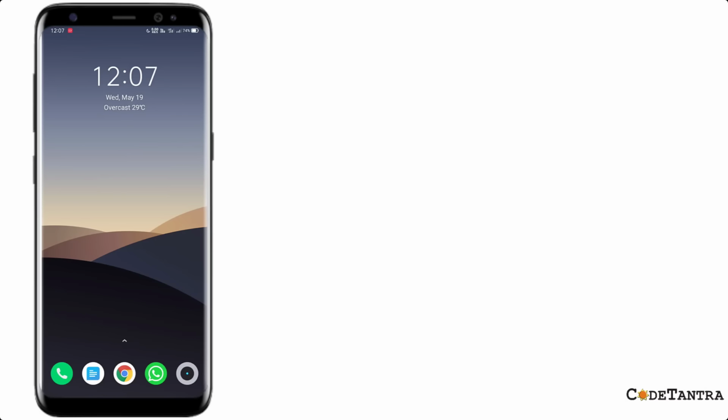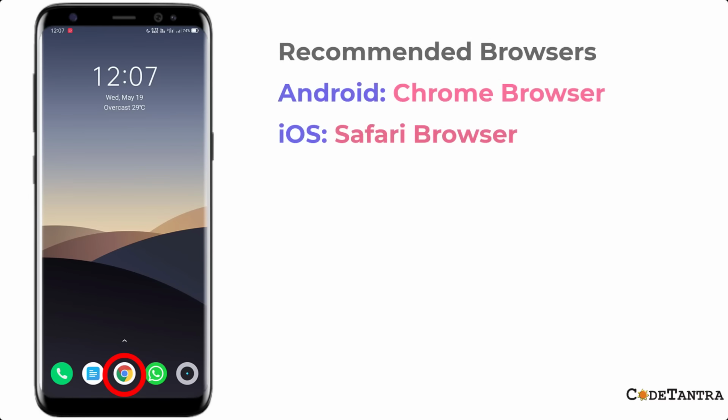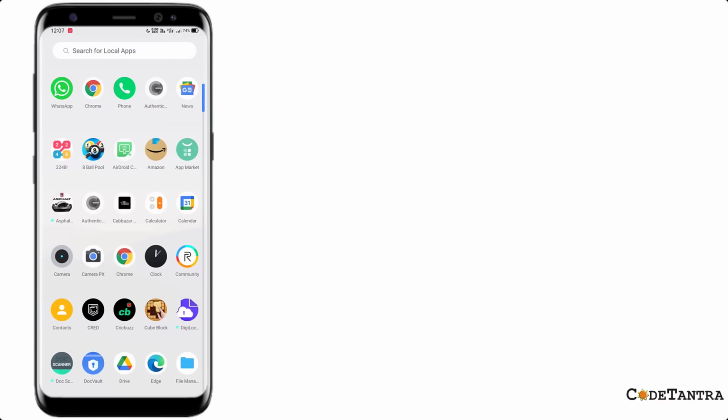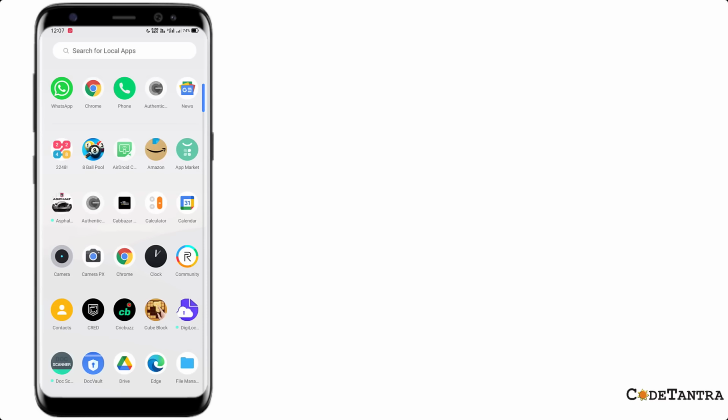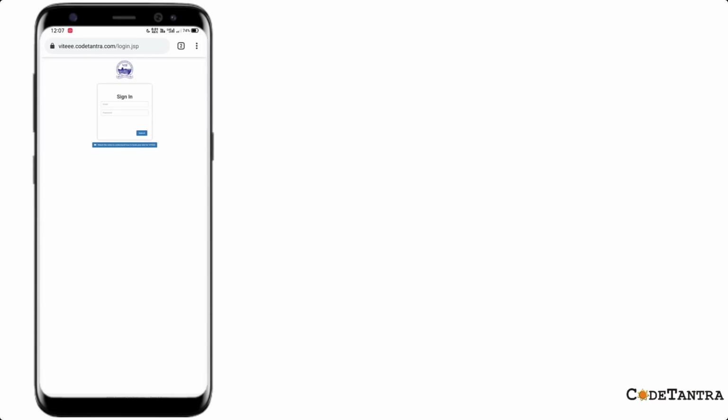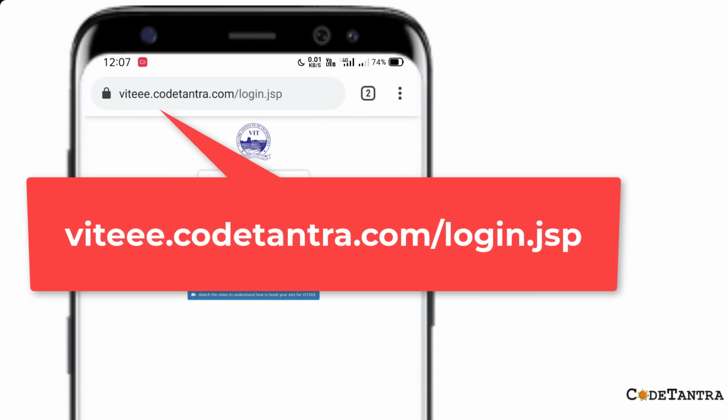Now this is my mobile phone and you can see I have a Chrome browser in the center at the bottom. Since I'm using an Android phone, Chrome browser is the allowed web browser to continue my exam with. Or I can go to the app drawer and you can see we have the same Chrome browser app. Once you find the Chrome browser app, you have to click on it to open. And then you have to visit again the same web link that we visited earlier,